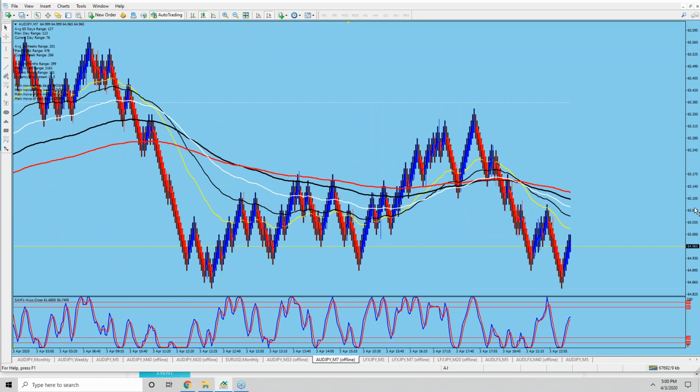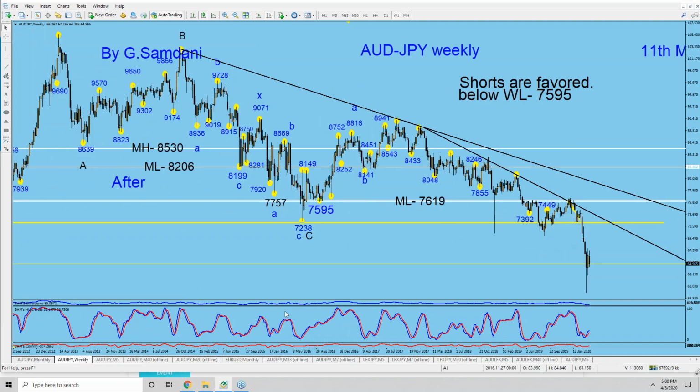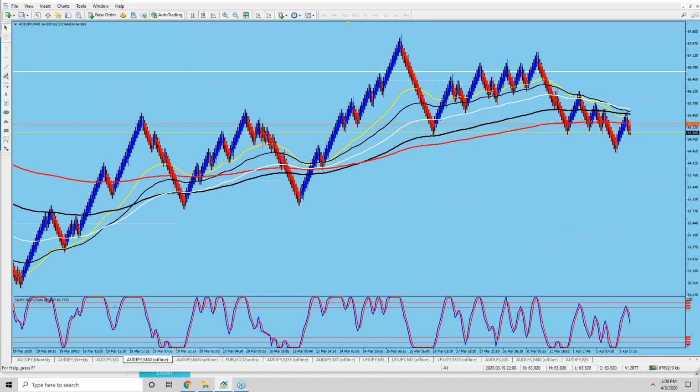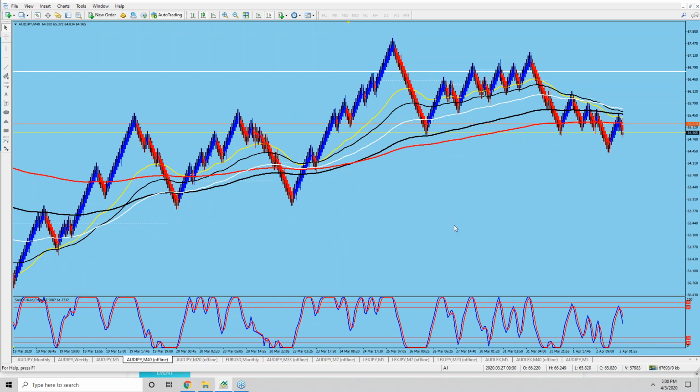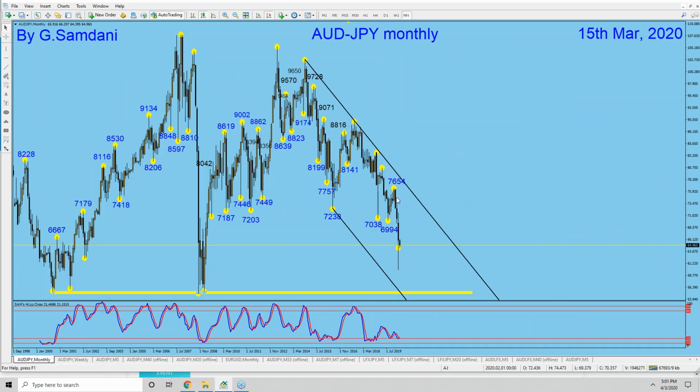So this is what Aussie yen did, and well, yen pairs are not doing very good. I don't like them here. The pound pairs and even USD pairs are better right now. That's what happens. One day, you know, one week, yen pairs are just shining all over the place, and then other pairs not doing anything. Basically, just drop to the monthly chart. Look at it here. Yeah.